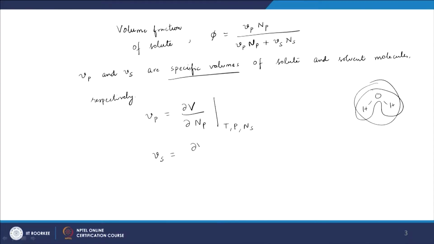So, it can be different in a dilute solution compared to a concentrated solution, because the change in volume may in turn depend on the interactions present inside the system. Similarly, I can define Vs as